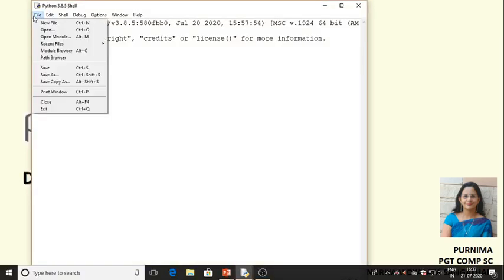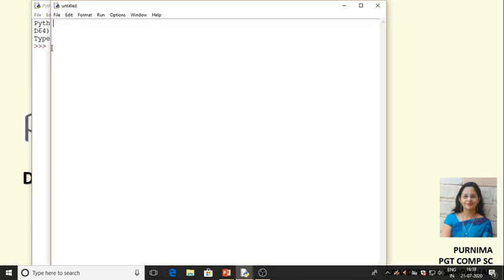I'm going to create a new file. Basically it is a notepad file. Whenever I'm creating a new file, ideally it is a notepad file. It depends upon the extension I give to that file, which will decide the category of that file.